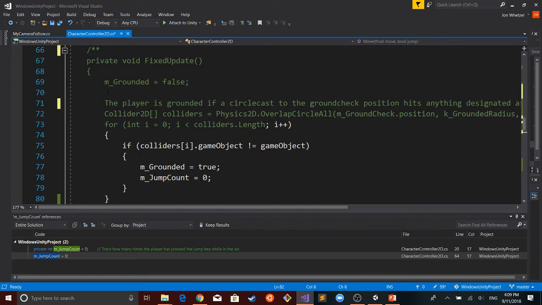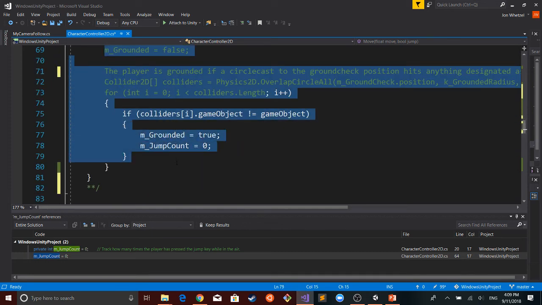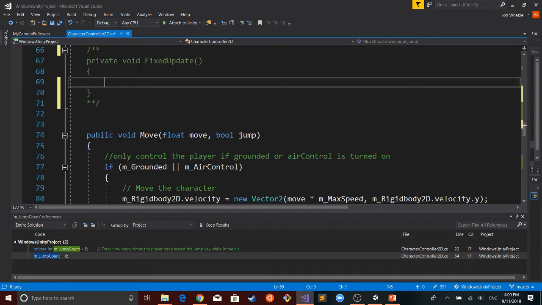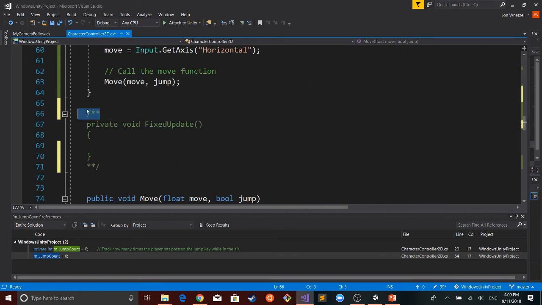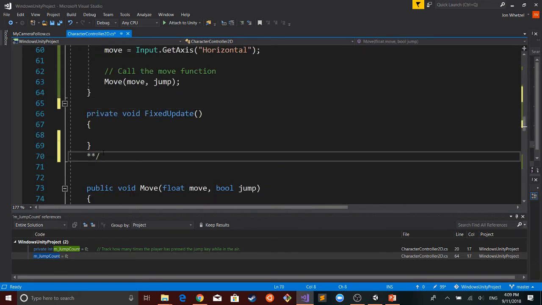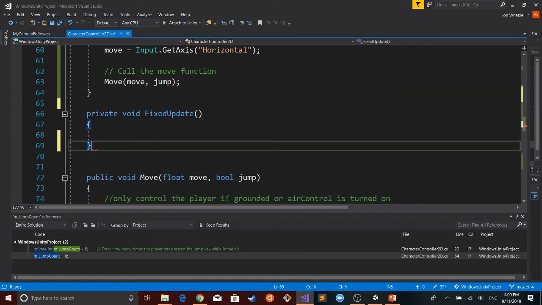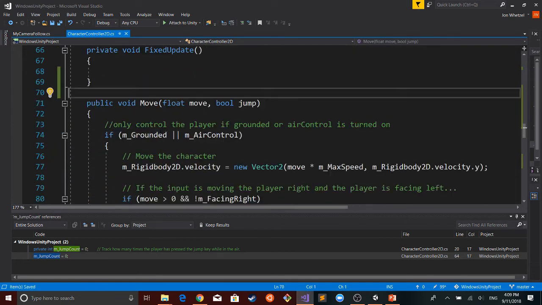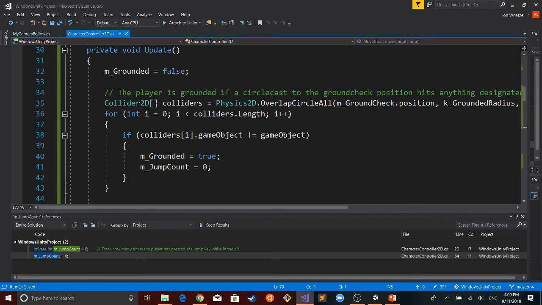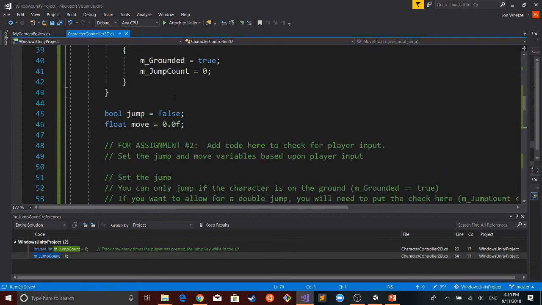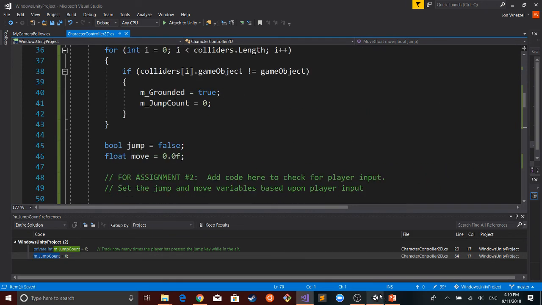For now I'll just remove these lines. Okay, so now we're still doing the grounded check. It's just now moved into the update with everything else. So let's see what happens when we do that.